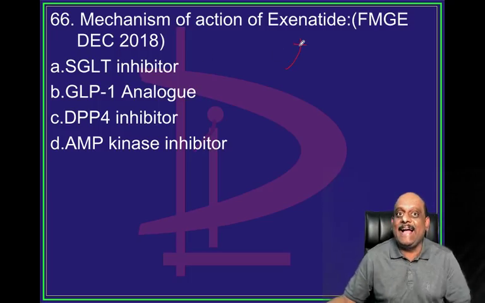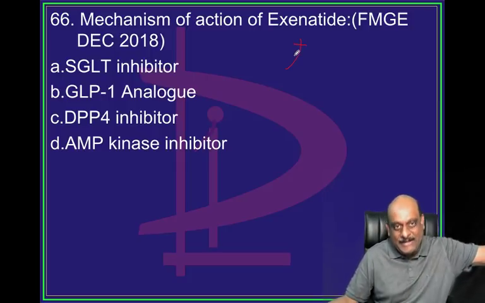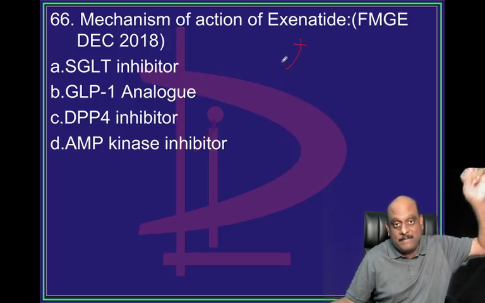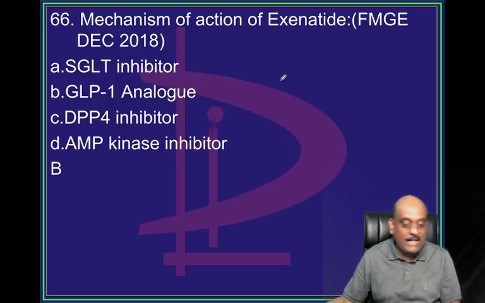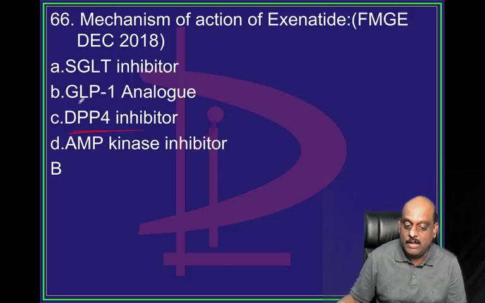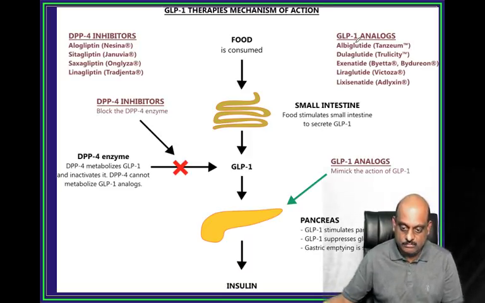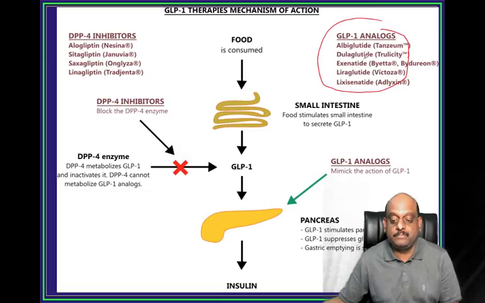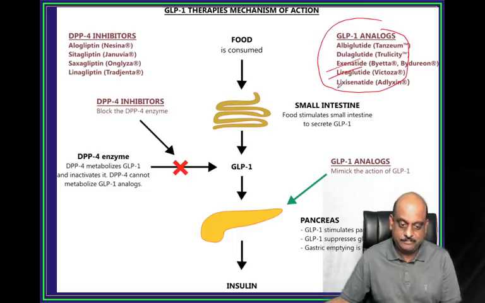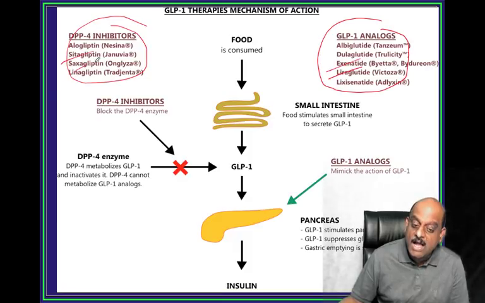Now, exenatide, look. FMG, December, June, 2019, 2018, every year the examiner will not leave exenatide. So what is your answer, doctor? Punch your answer. DPP, GLP-1 analog. So you have GLP-1 analogs. Yesterday also I told you this: exenatide, liraglutide. You have DPP-4 inhibitors: sitagliptin, saxagliptin,